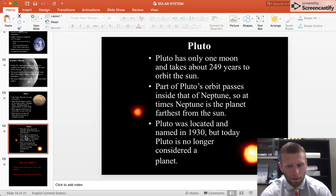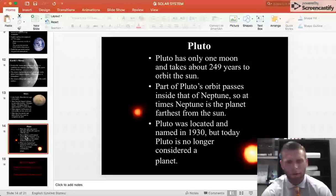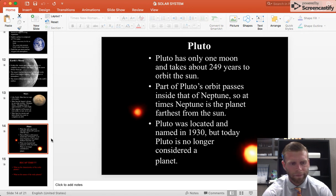Pluto, just because y'all will be manning a mission there or going past there in your mission, has only 1 moon and takes about 249 years to orbit the sun. You would probably be deceased before you make one revolution, unless you have some crazy technology. A part of Pluto's orbit passes inside that of Neptune, so at times, Neptune is the planet furthest from the sun. Very interesting fact: Pluto was located and named in 1930, but today Pluto is no longer considered a planet because